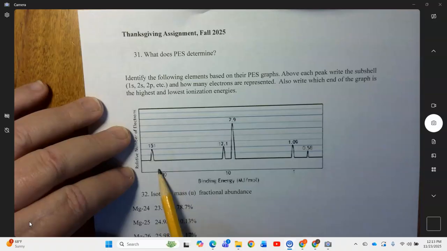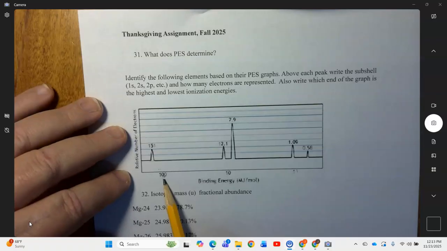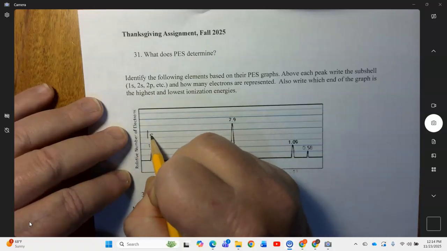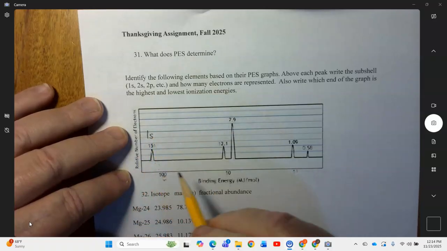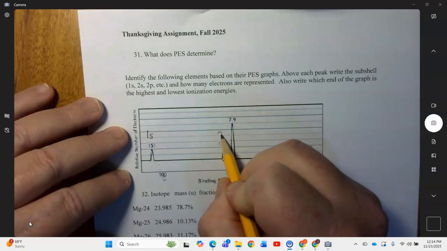All right, so let's go ahead and fill these in. The highest number is on the left and the lowest is on the right. That means the highest ionization energies are going to be the ones closest to the nucleus. They are the hardest electrons to pull out. So this one must be the 1s. Right here is the 1s, and here is 2s,